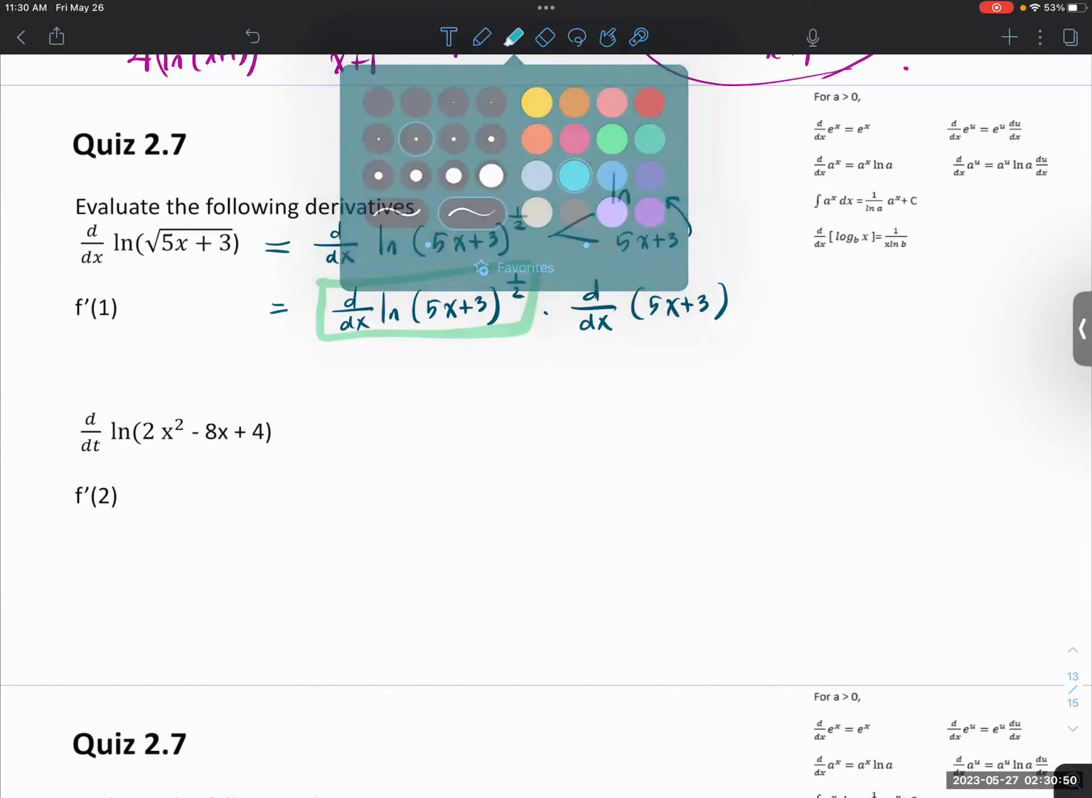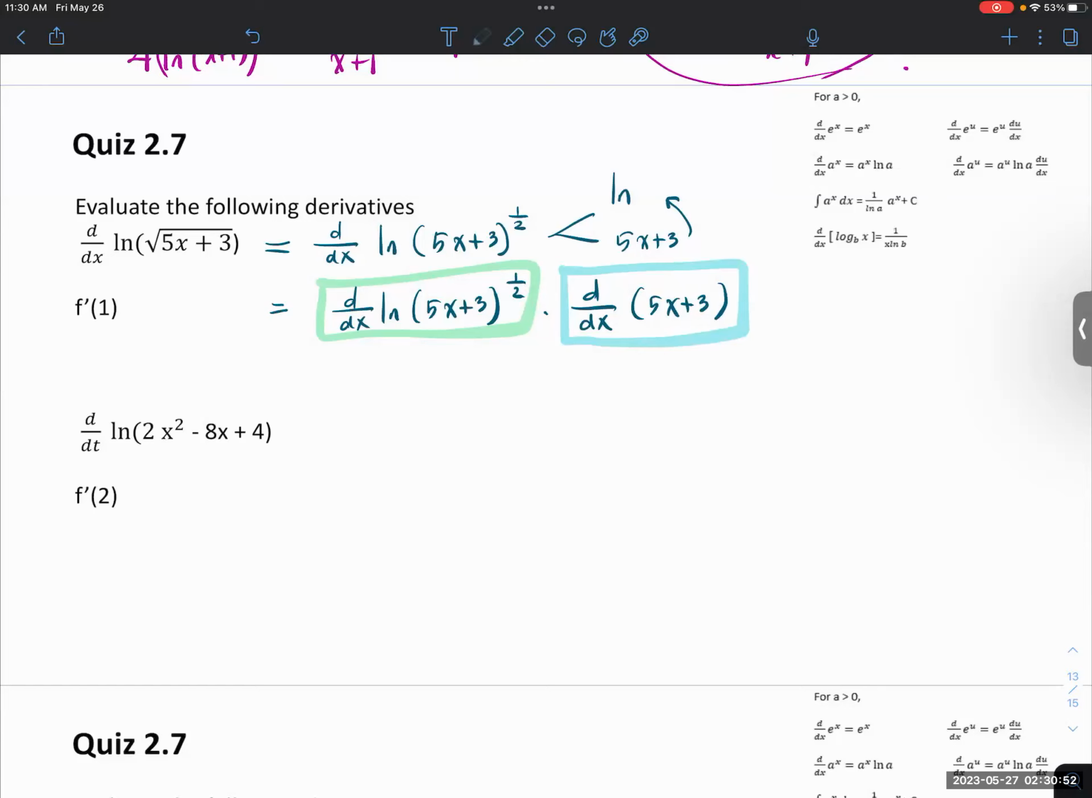outside derivative, inside derivative. So this is 1 over 2 ln (5x plus 3) to the 1 over 2 minus 1, right? You can bring it and then you can subtract that. So that would be minus 1. And this is going to be just 5. So once you get it,